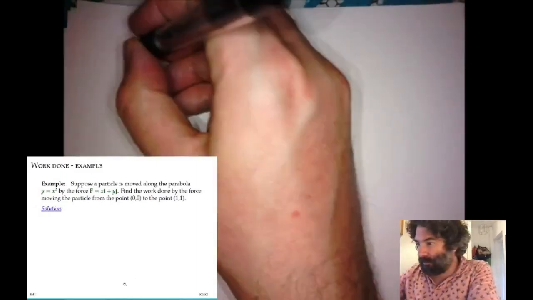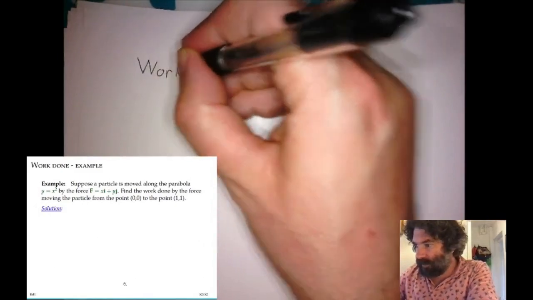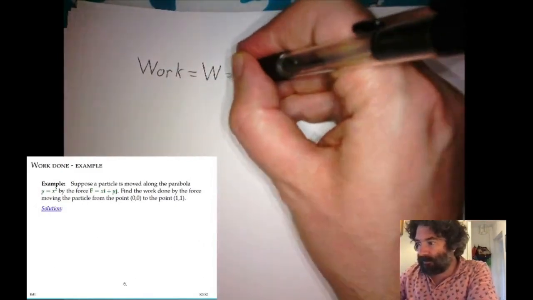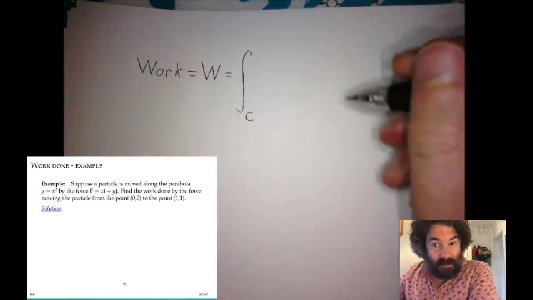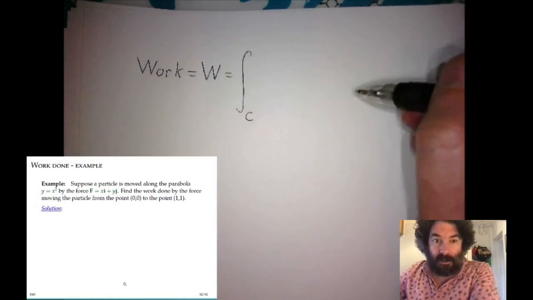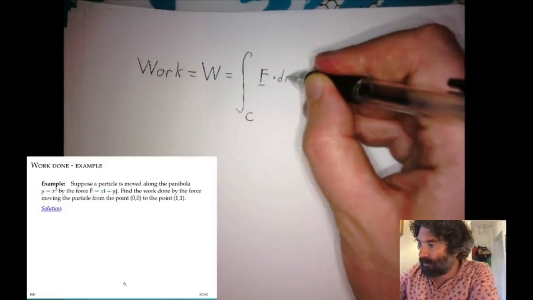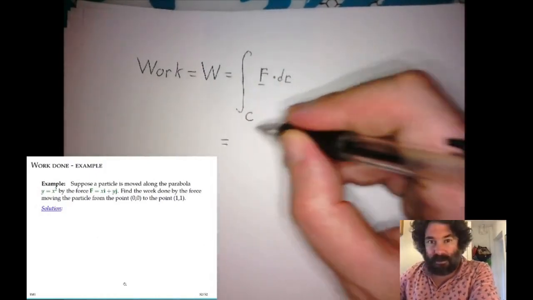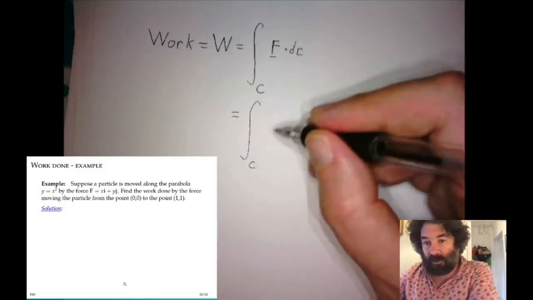So we want the work, which we call W. It's going to be the line integral along the curve, which is in this case a parabola between the origin and the point (1, 1), of F dot dr, or as I discussed on the previous slide, integral along a curve of